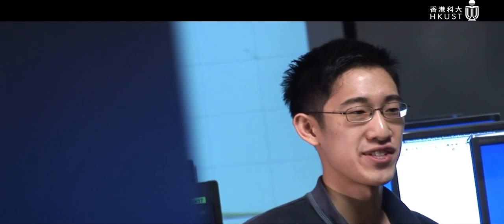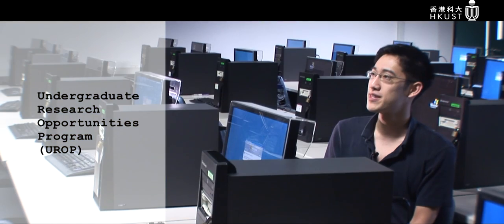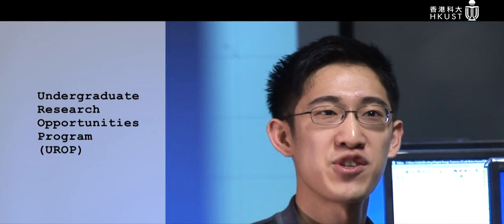One of the things that people tell you makes a university good is research. So when I came to university, I wanted to find out what research was. What is this thing called research, and how can I be a part of that? The Undergraduate Research Opportunity Program, or UROP, is a signature program at HKUST, and it allows undergraduates to become involved in research very early. And this is unusual in most research universities because undergrads are supposed to take classes, not